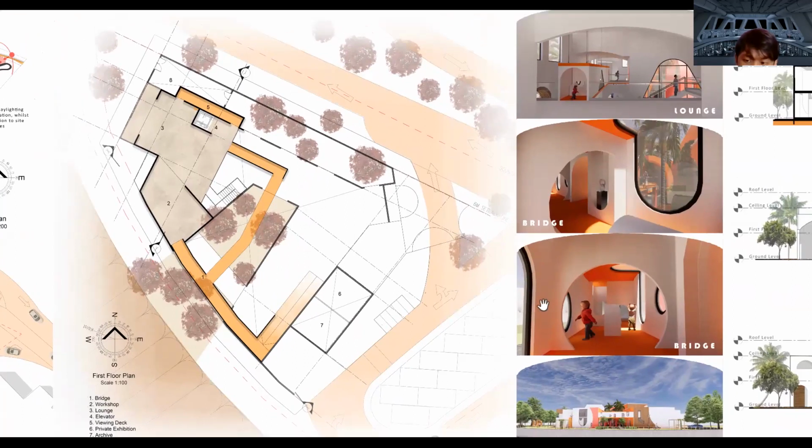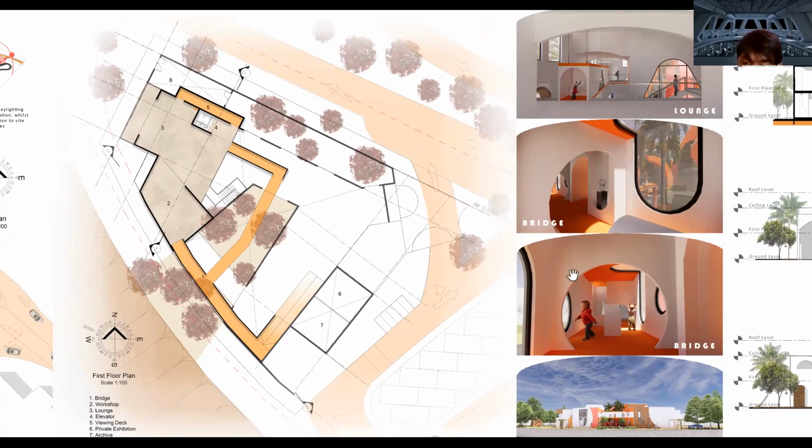This is the first floor plan, and the orange highlighted part will be the children's program, which is the bridge, with the ramp located at the first floor and near the first exhibition space. Adults and children can start their respective journey in the art gallery at the same time. The bridge passes through the central courtyard,